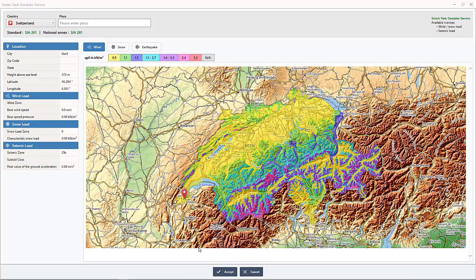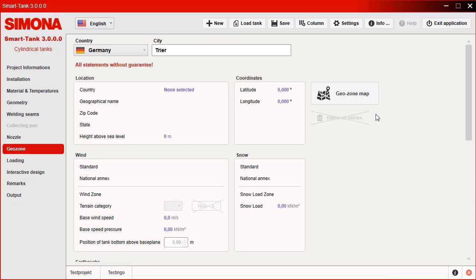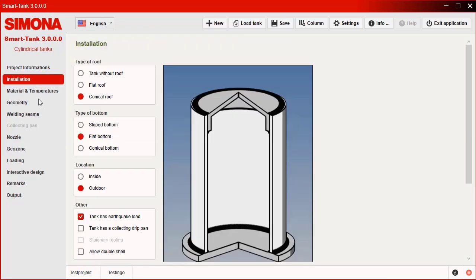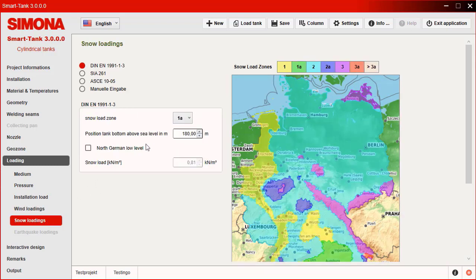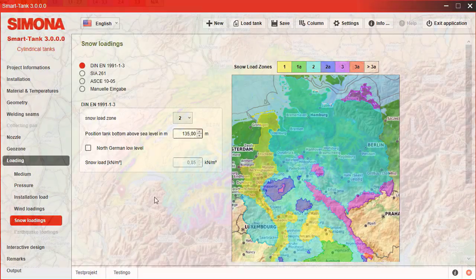I delete the data of the GeoZone tool, deactivate the earthquake load of the tank and switch to the specification of the loads. I select the appropriate menu and specify the appropriate loads. Done. It's only that easy with Smart Tank. How long did that take? Approximately 10 seconds. I will spare myself a comment on the shareware on the market for calculating thermoplastic tanks.